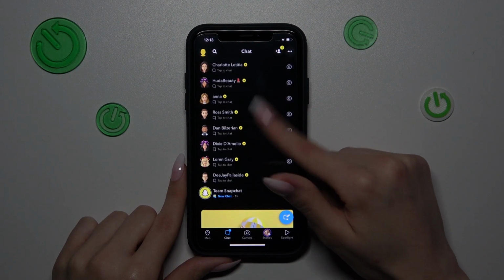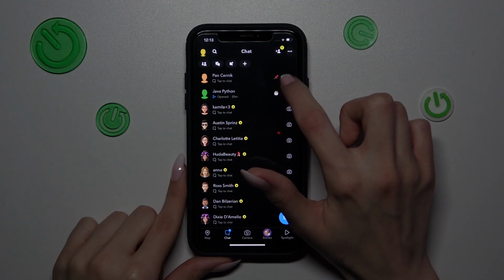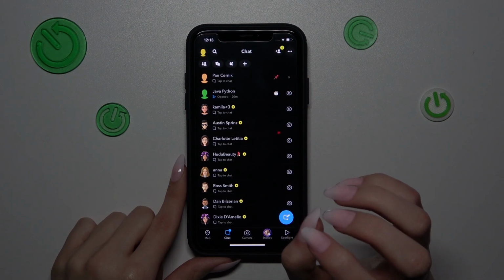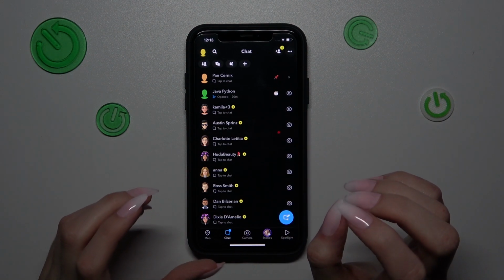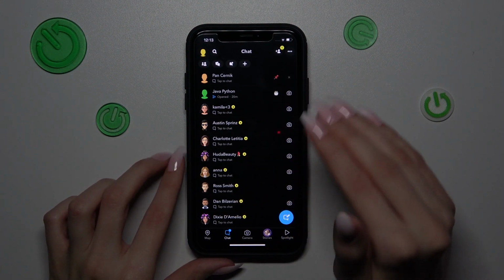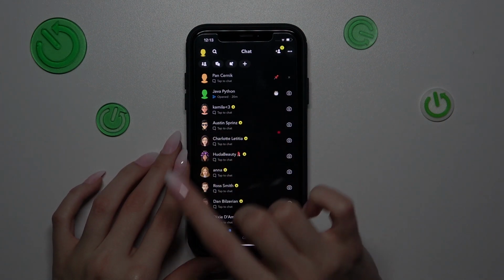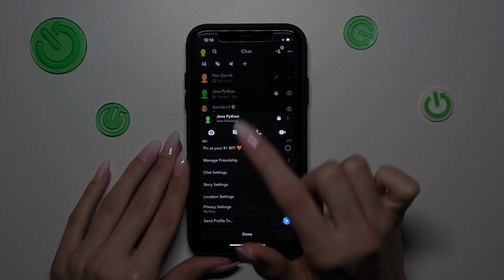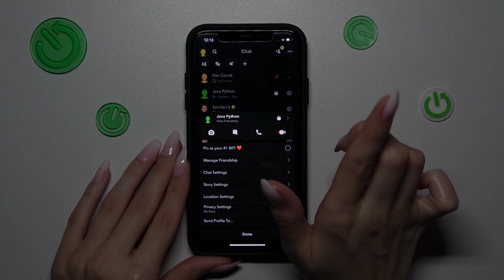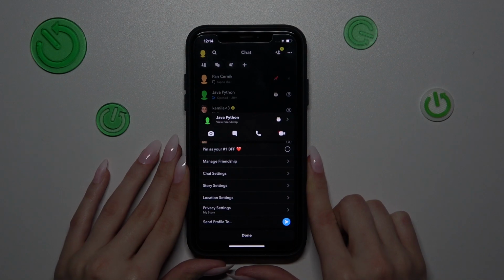Right now we have all our chats, and as you can check, we have this specific pin option which can help you to create some priority and to save the selected chats to not lose them in the whole list. So to use this option we just need to hold on the selected chat, but before I show you the main option, I can